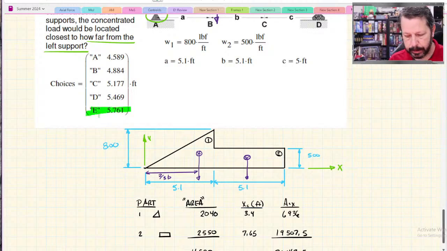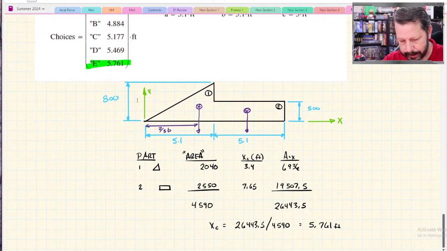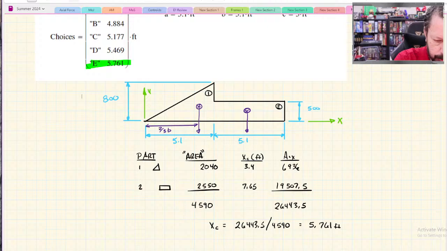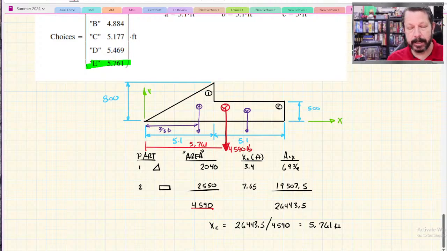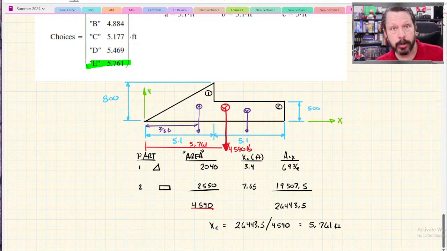And what it's telling you is that if I were to replace these two distributed loads with one single load, I'm going to draw it in red this time just because I've already drawn purple ones on there. I would go to 5.7 feet, so somewhere right in here. So what is that? 5.761, and I would put 4,590 pounds at that distance, and that would give me the same effect as far as moment,